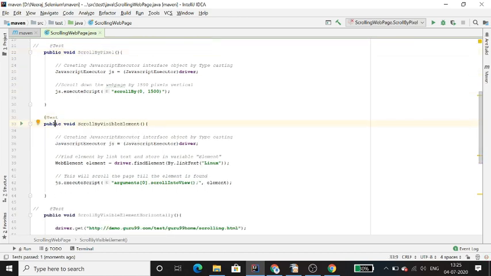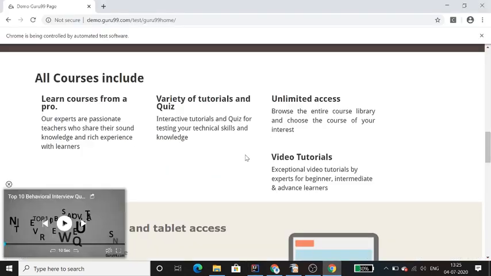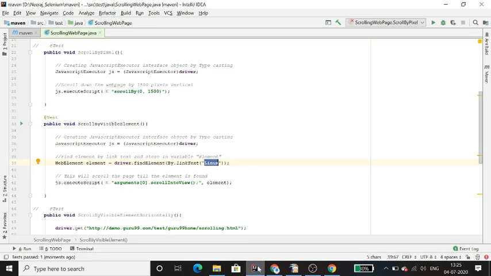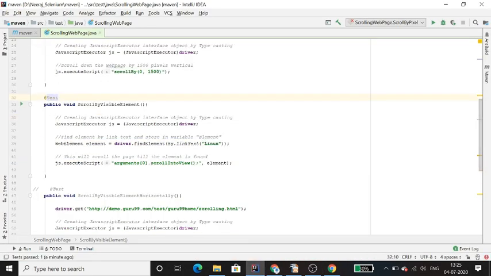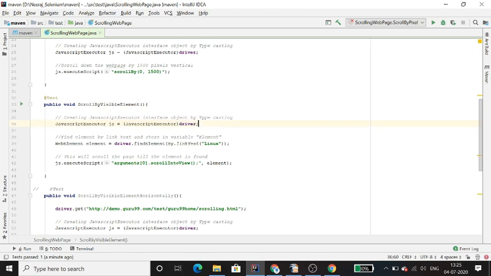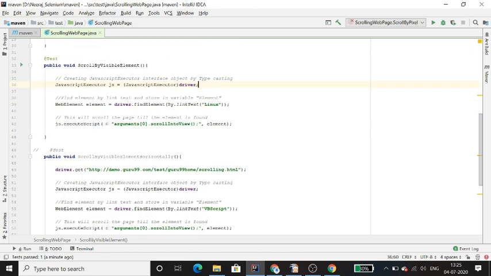Another way is to scroll till an element. I have used a link text element, Linux. There is a link here, Linux, and I need to scroll till this element. So again we need to do the typecasting of JavaScript executor, and then use it with the web element.